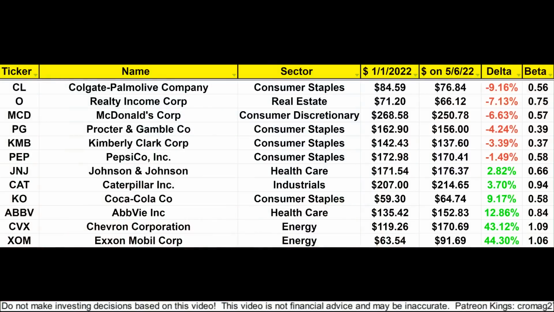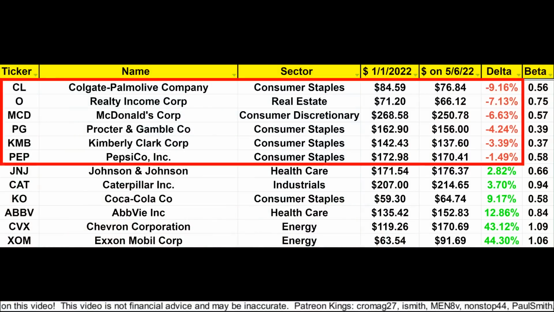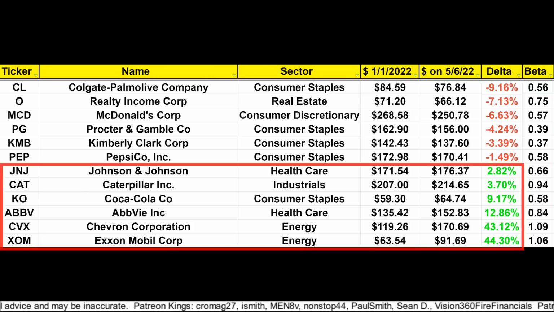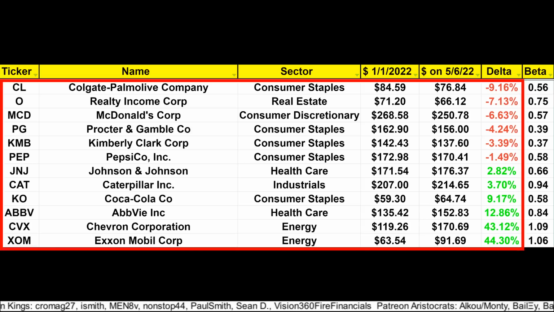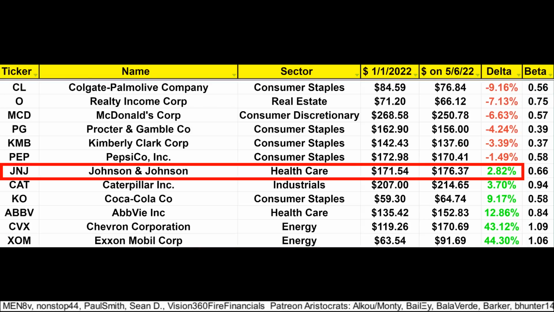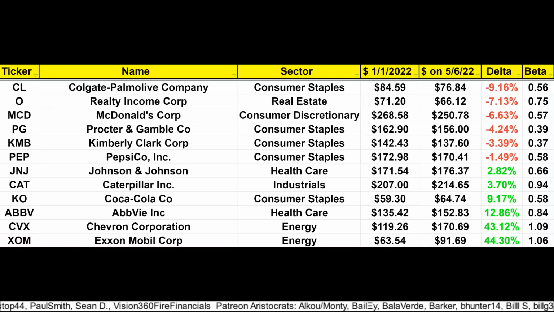Anyways, I own 12 of the dividend aristocrats in my 27 stock dividend portfolio. You can see all my positions in my other videos. 6 of those are red year to date in Colgate-Palmolive, Realty Income, McDonald's, Procter & Gamble, Kimberly-Clark, and Pepsi. And then 6 are green in Johnson & Johnson, Caterpillar, Coca-Cola, AbbVie, Chevron, and Exxon. So if I held those stocks in equal amounts, then I'd be up 7% year to date. And fortunately, my J&J, Exxon, and AbbVie positions are all in my top 6 positions overall, helping push my portfolio